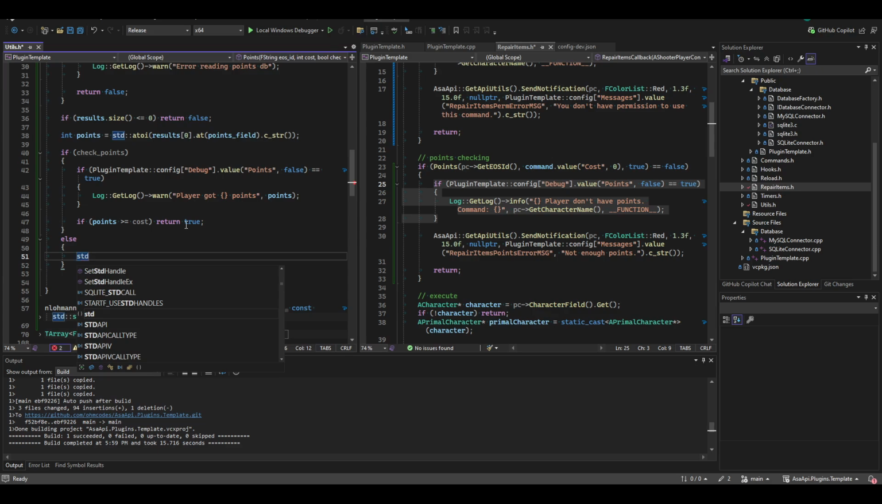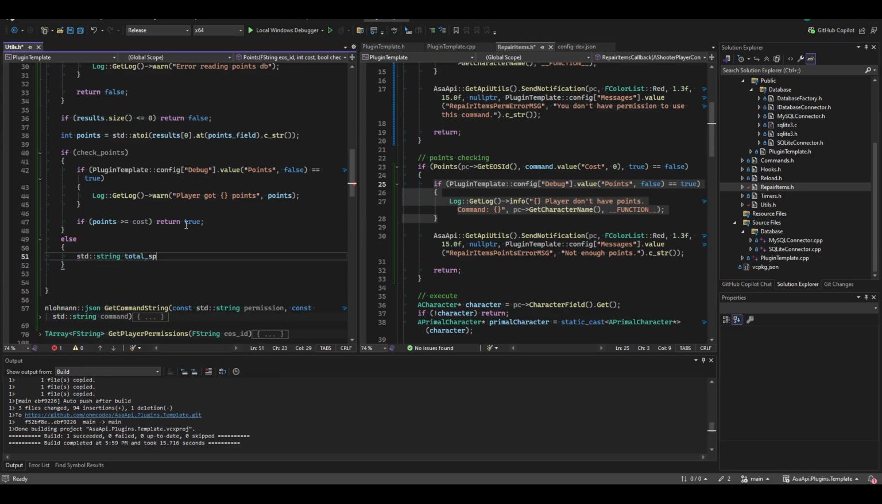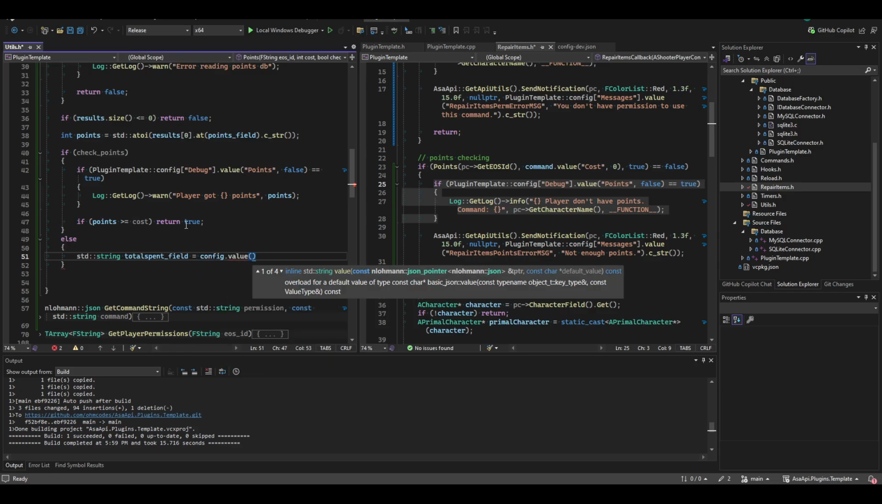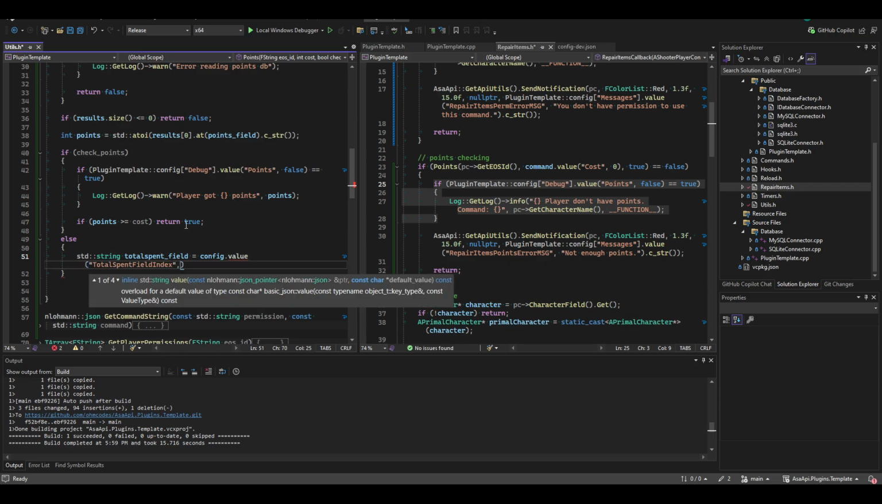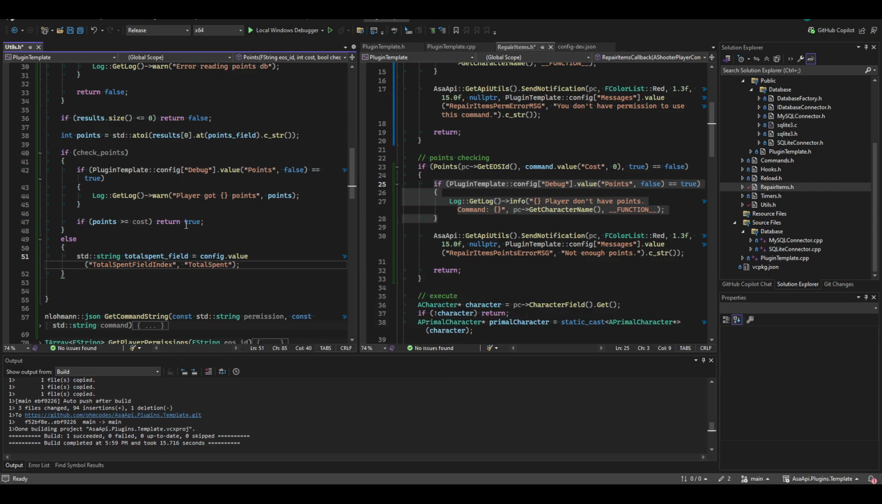So std::string total spent. This is the one where we manipulate the field, updating. Or let's say you spend points, then when you spend, total spent field index. Good. Oh no, it's 6:30 already. Oh my god, I didn't notice that I've been recording for 2 hours already. Total spent. Okay, maybe we'll write it. Almost done anyway. In amount